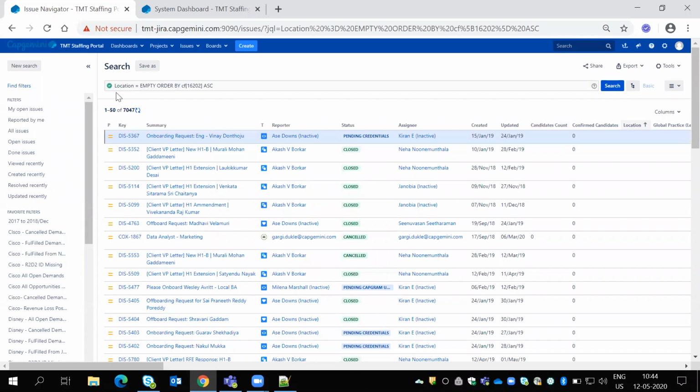So when you write location is equal to empty, this empty field will come. This location field is a drop down field.